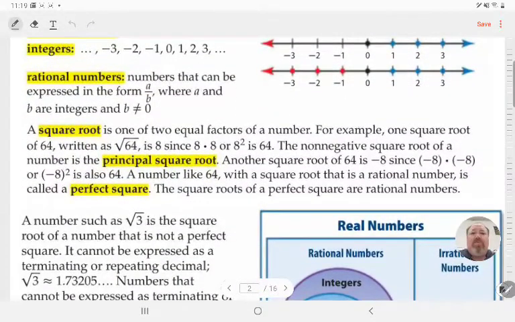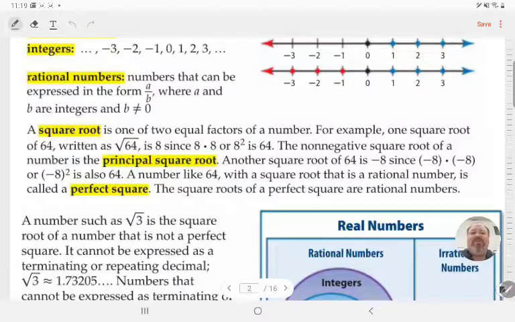Then remember what a square root is. It's one of 2 equal factors of a number. For example, the square root of 64, written as the square root of 64, is 8, since 8 times 8, or 8 squared, equals 64. A non-negative square root of a number is the principal square root, because remember, every square root can have 2 answers. You would have the positive and the negative, because in this example, negative 8 times negative 8 is still